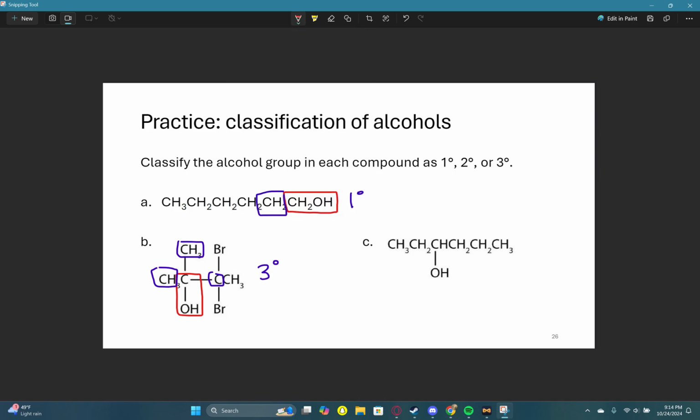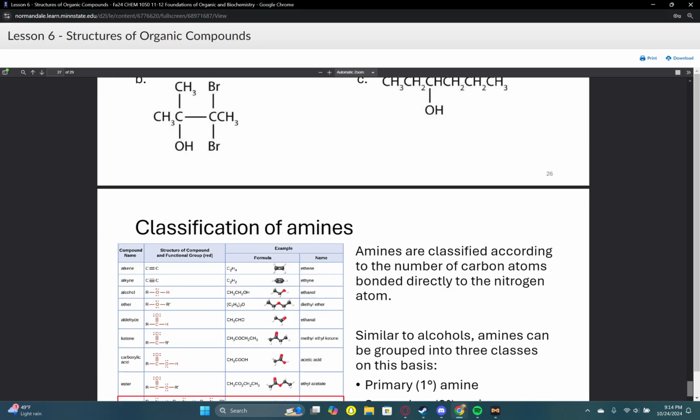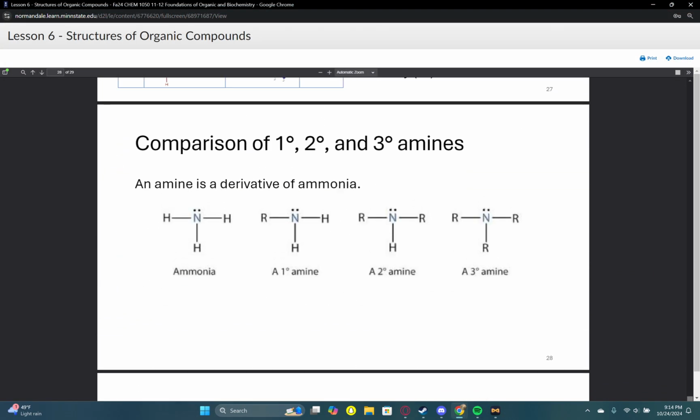And in example C, the alcohol group is displayed right here, COH, and it is bonded to 2 other carbon molecules, meaning that example C is a secondary alcohol group. And that is how you can tell the classifications of alcohol. Now in amines,